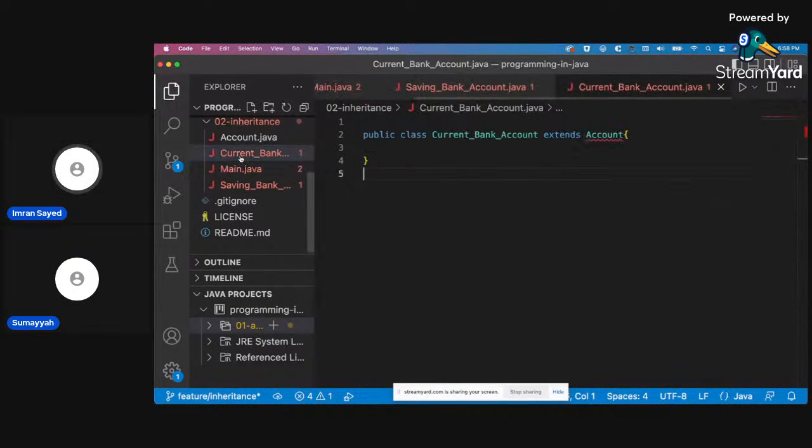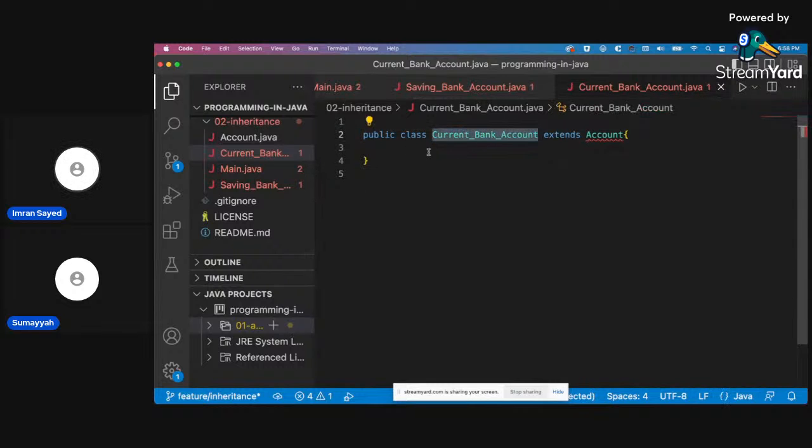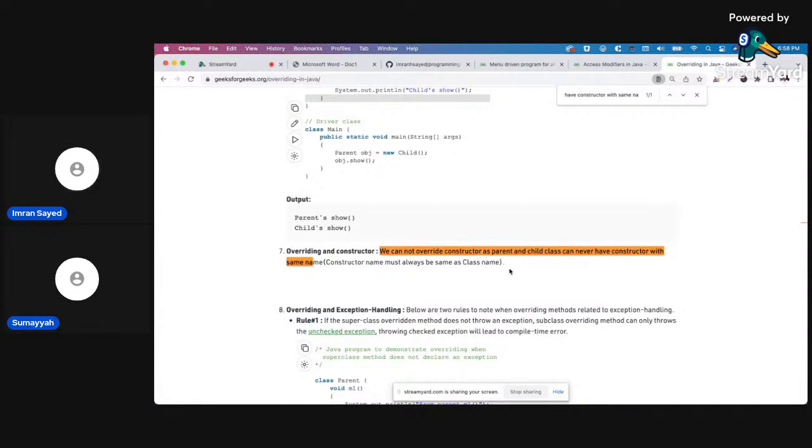So if I go to the current bank account, the constructor has to be with this name. Overriding means defining the same function of the parent class with the same name in the child class, right? You can't do that here. It will not be called a constructor then.